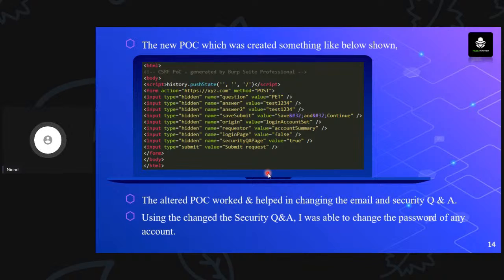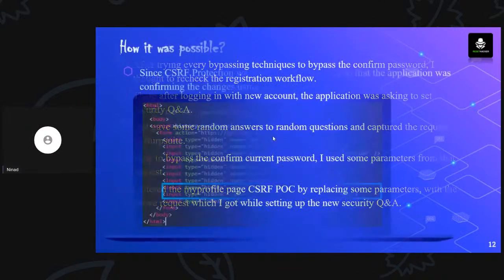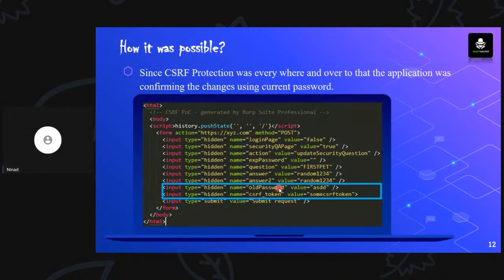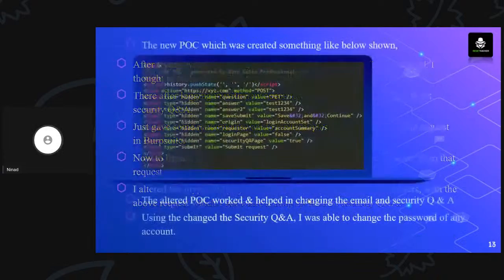To my surprise, after creating this new altered POC, it helped me change the email ID of the account and also the security questions and answers of the account. Which means I was able to bypass both the old password and the CSRF token. So using this,